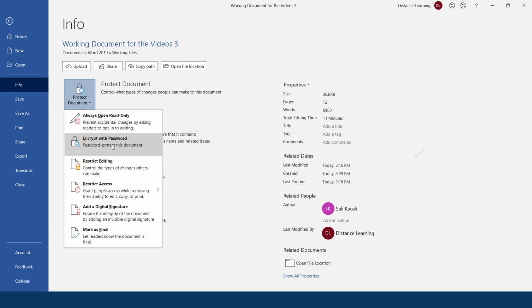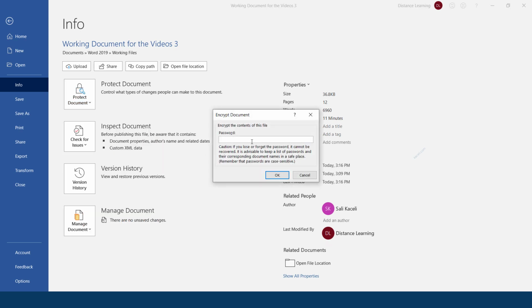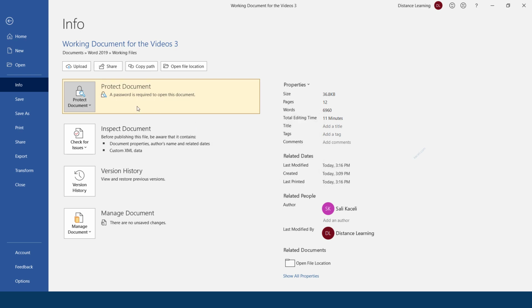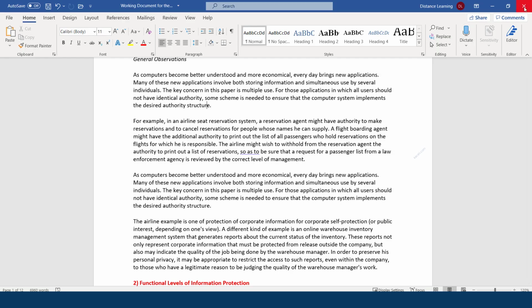Click on Encrypt with Password, and then enter a password that you'll remember. Notice that the passwords are going to be case sensitive. We need to confirm the password again, and now a password will be required in order for us to open this document. Now if I go ahead and close this document,